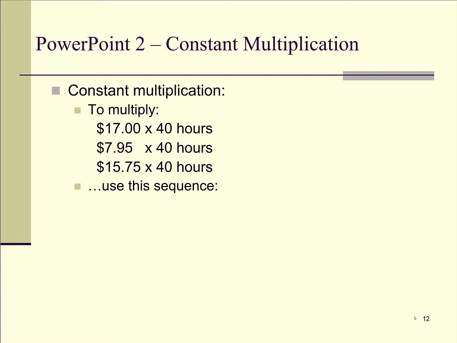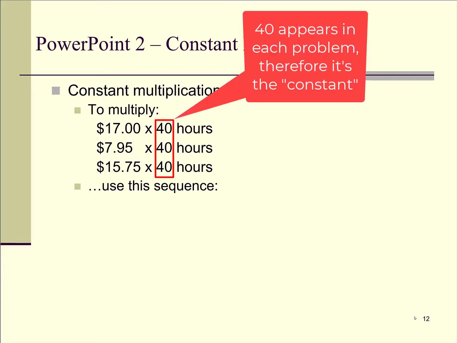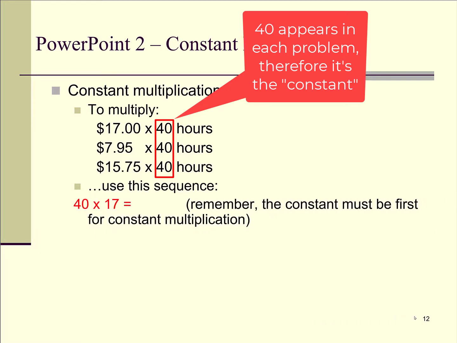So to do this, here's the sequence we need to use on the calculator. But first, remember, we have to enter the constant number first. So which number is constant in this problem? It's the 40 hours. So we have to enter the 40 first. So for the first problem, you're going to enter 40 times 17 equals. For the second problem, you're just going to enter 7.95 equals. And yes, you have to enter the decimal. And then